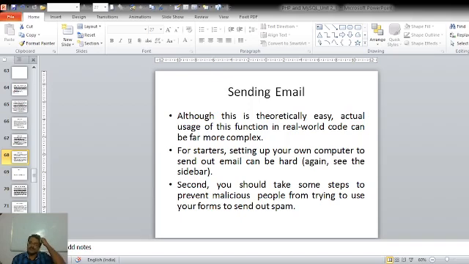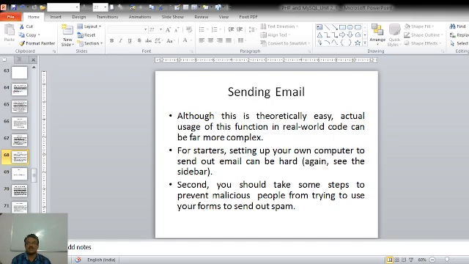Second, you should take some steps to prevent malicious people from trying to use your forms to send out spam. Suppose you have created a web page where you have provided this email sending facility, then there might be a case that some malicious people will use your form to send out spam messages to different users.